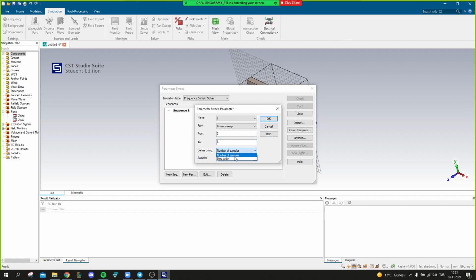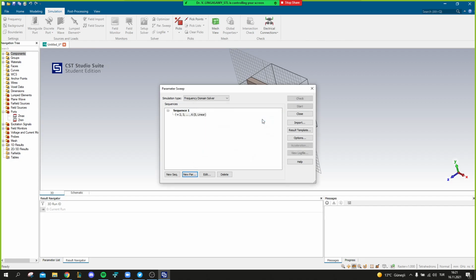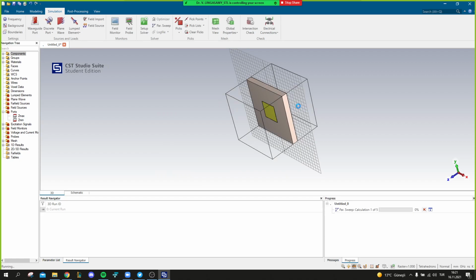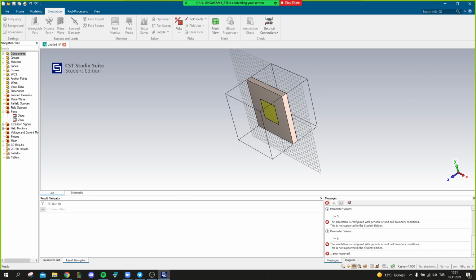The number of samples, let it be number of samples or step width, and select, for example, 5 itself. So what's happening? Oh, this is not supported.